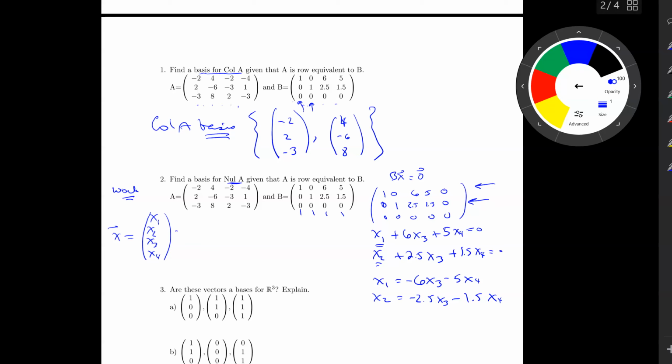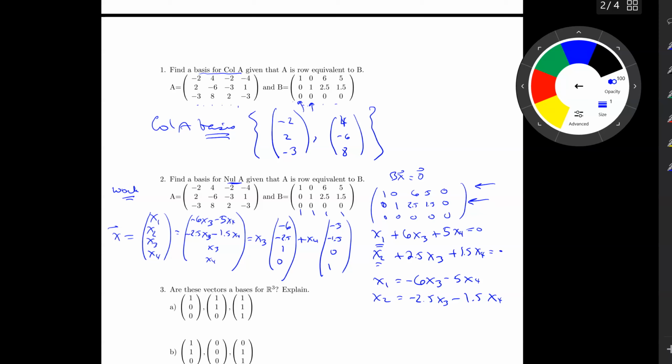So x1 is -6x3 minus 5x4, x2 is -2.5x3 minus 1.5x4, x3, x4. So I see that there are 2 free variables. If I factor out the x3, and then factor out the x4,